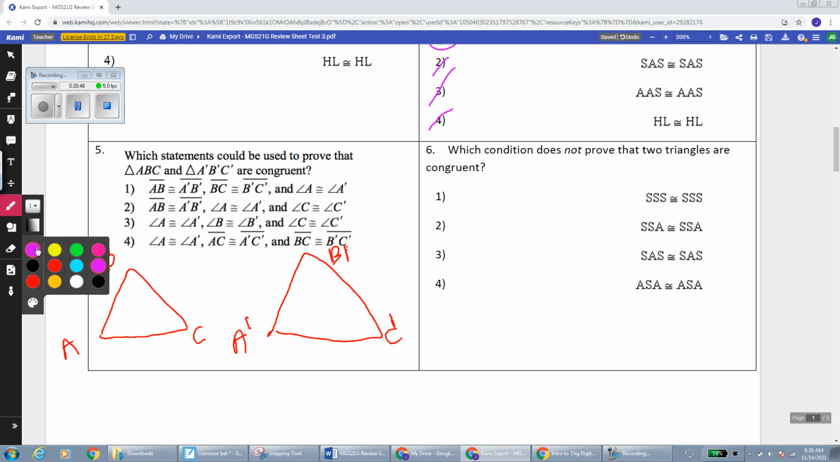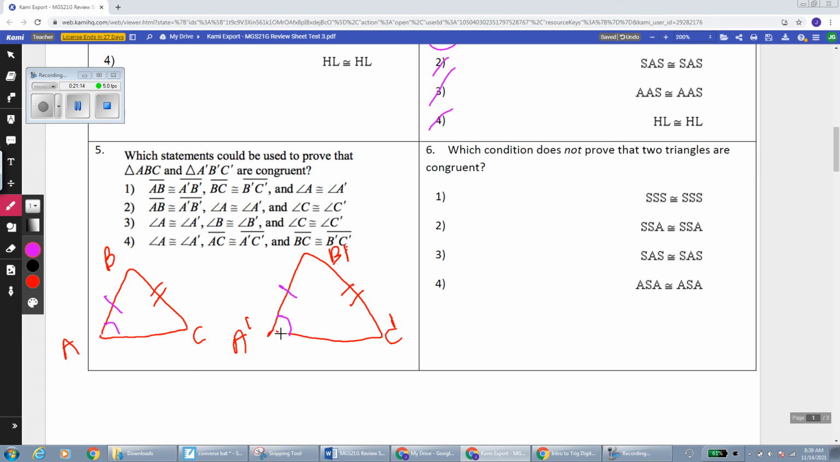Okay, so answer choice 1 is telling us that AB is congruent to A prime, B prime. So let me put a mark on those two sides of the two triangles. It's telling us that BC, which is right here, is congruent to B prime, C prime. And it's also telling us that angle A, which is right over here, is congruent to angle A prime. If I take a look at the information we have, SSA,